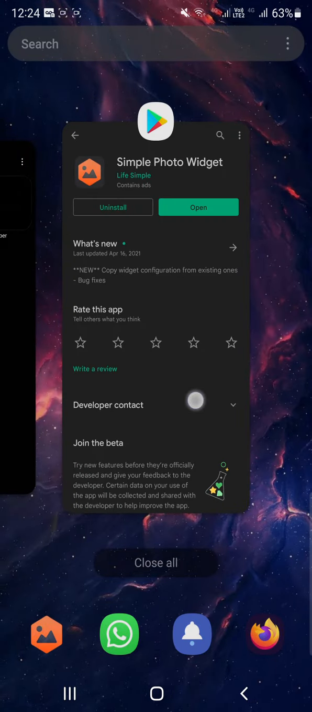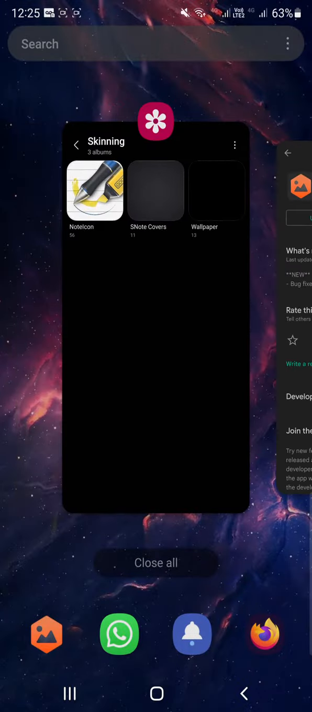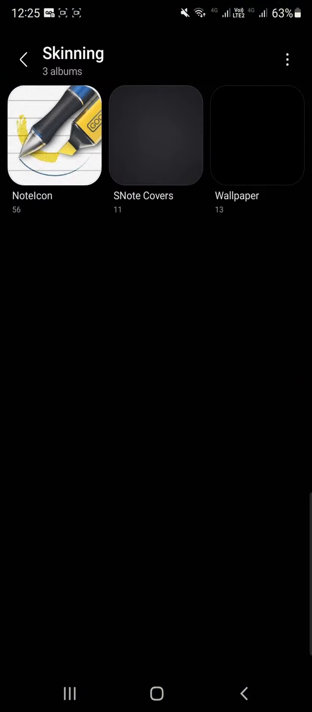First things first, you have to download Simple Photo Widget. That's all. You just download it. You are going to use the widget form. So after you have that downloaded, create